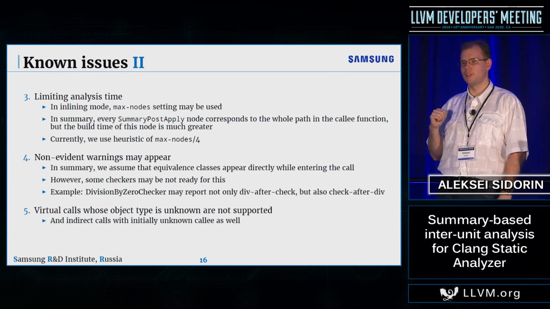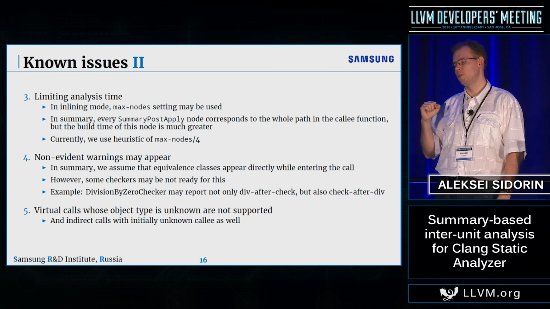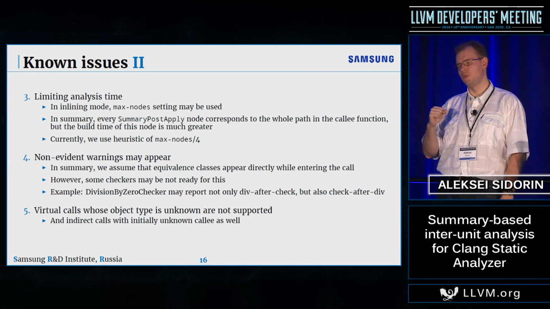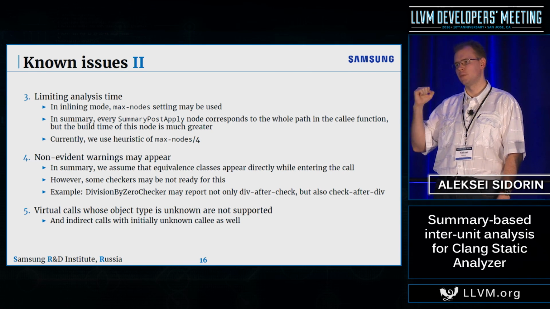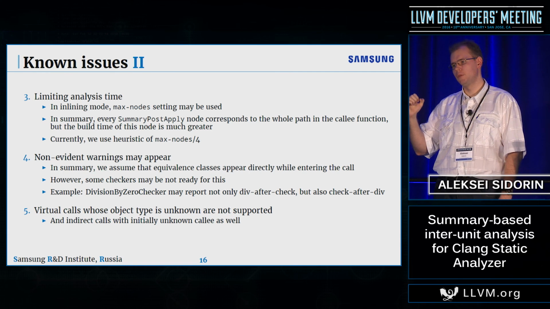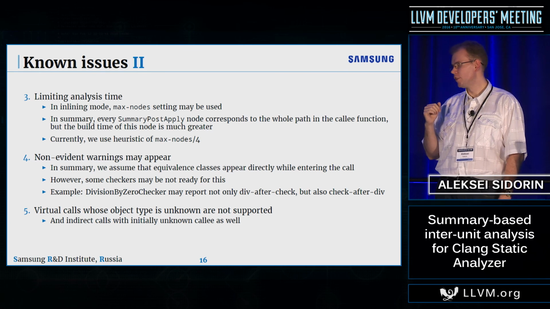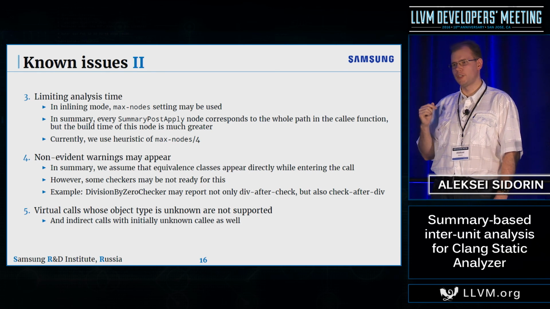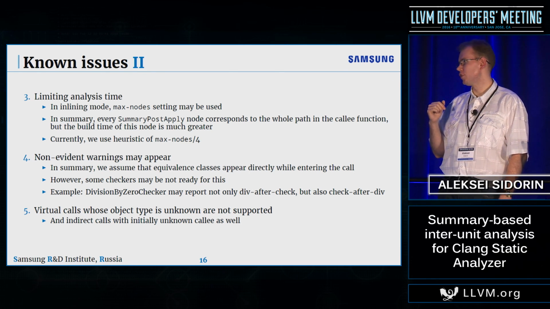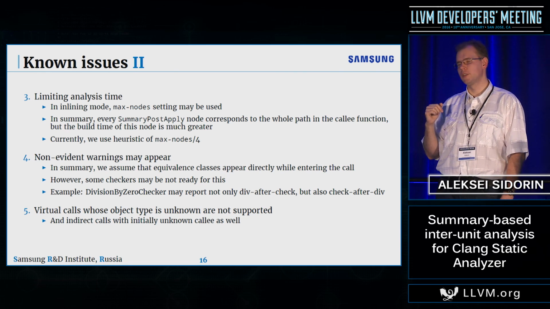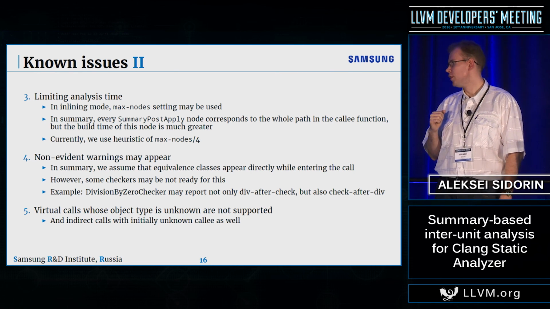For example, if we have a divide-by-0 checker, which checks on division by 0, and in a called function, a divisor was used and then checked against 0, in the inlining mode we will not warn, but in the summary mode, while performing deferred checks, we will have 2 branches, and in one of the branches, the divisor will be constrained to 0, so we will emit